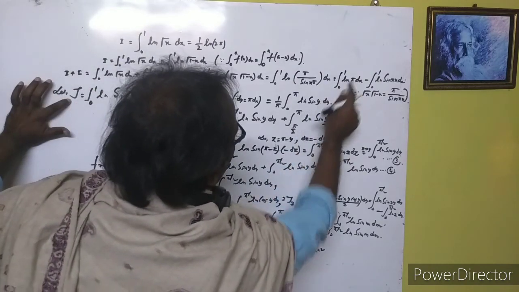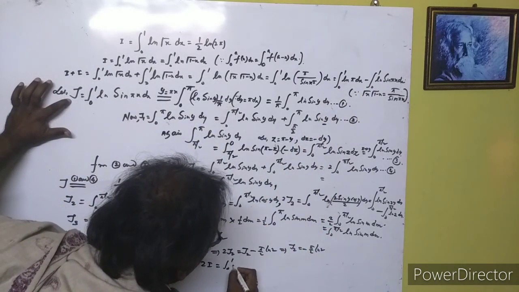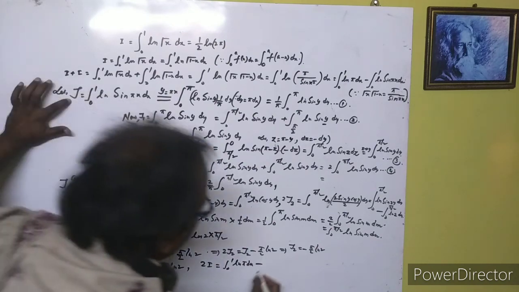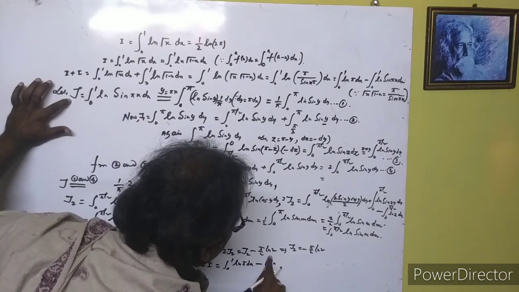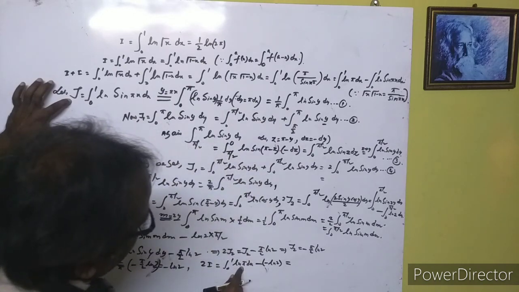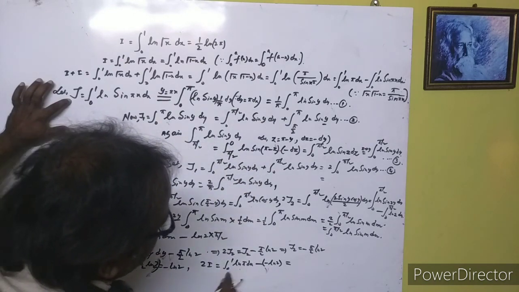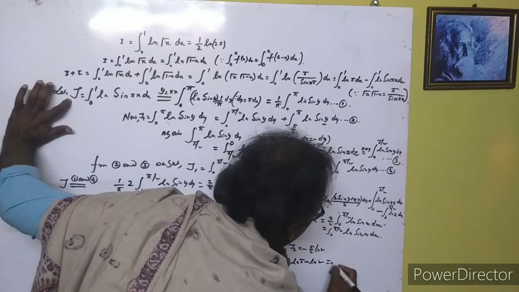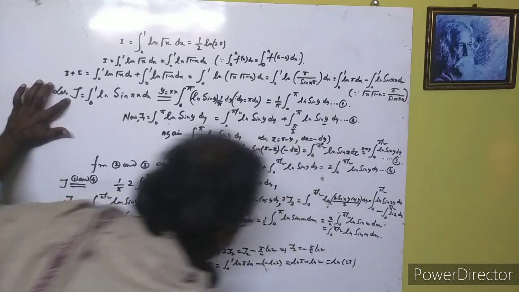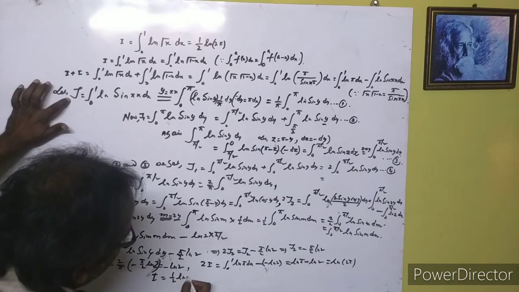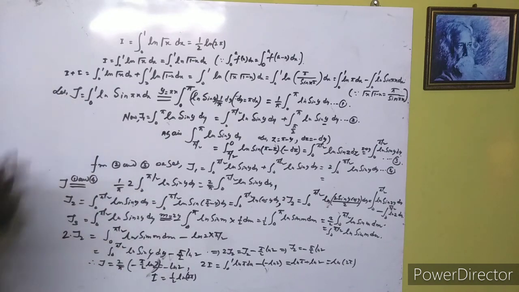Okay, integral 0 to 1 ln dx, and minus this is here minus ln 2. Okay, this is here ln pi, and dx is means only ln pi plus ln 2. Okay, ln 2 pi here, therefore this is 2I, therefore I is equal to half ln 2 pi. Okay, this is an interesting question for this video. See carefully.